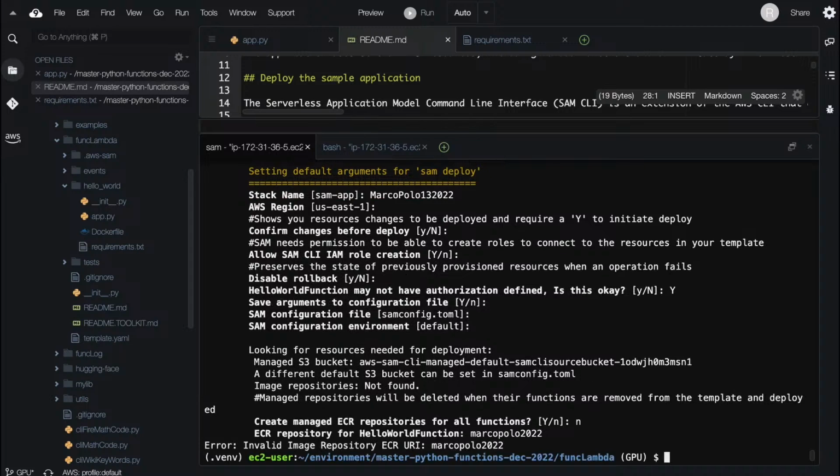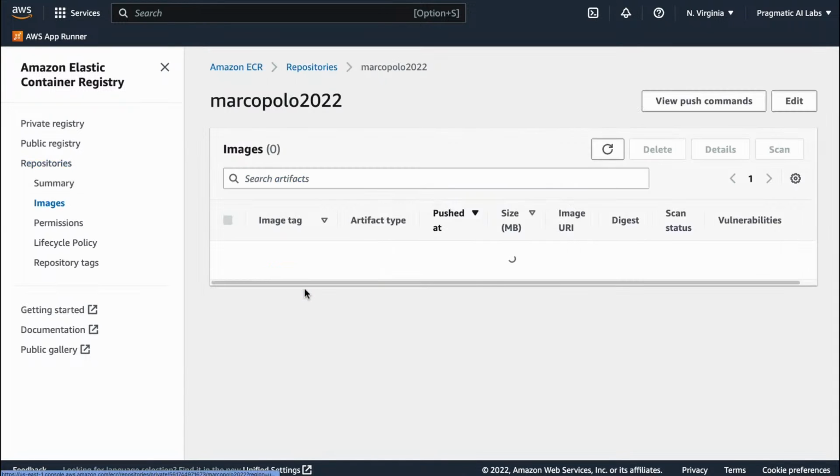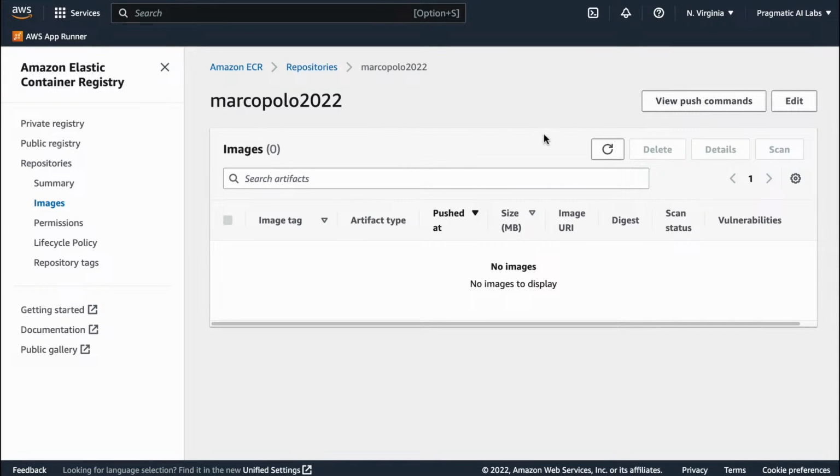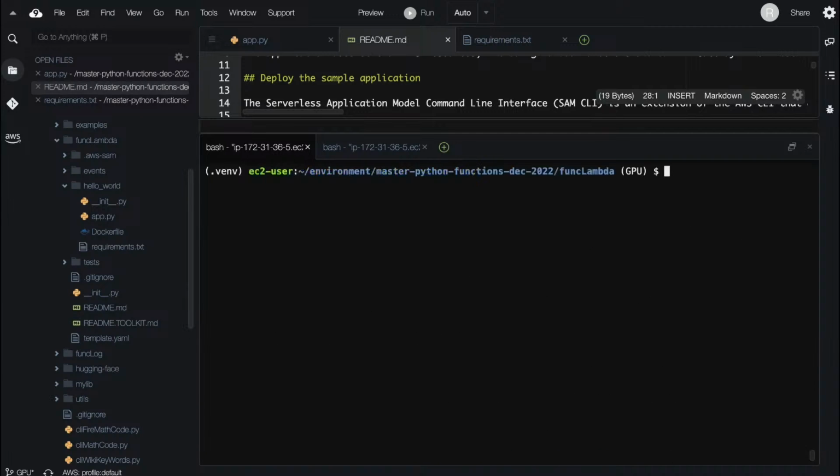Does that work? Oh, it needs a different URI. It needs the actual URI here, which is annoying, which is this one, which is the URI. Hold on, Marco Polo. That one. It's going to need that URI. So go back one more time.